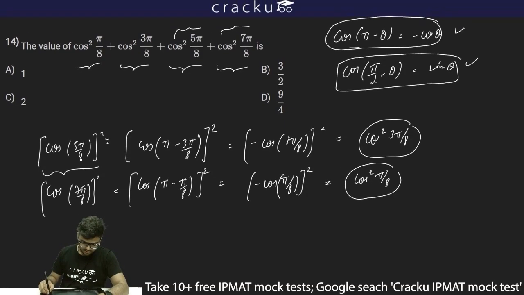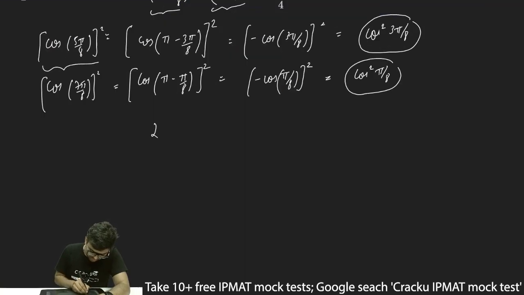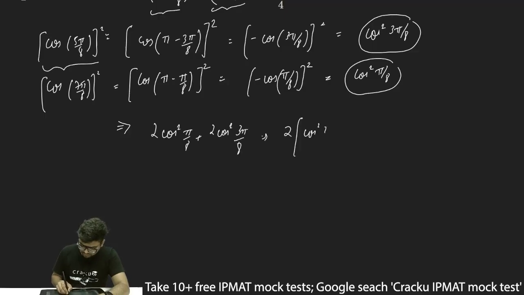Now if I simplify this, instead of cos² 5π/8, I can write cos² 3π/8, and instead of cos² 7π/8, I can write cos² π/8. Now there are two occurrences of cos² π/8 and two occurrences of cos² 3π/8. So this entire thing will be further simplified to 2 cos² π/8 plus 2 cos² 3π/8. Now taking 2 common, this is cos² π/8 plus,